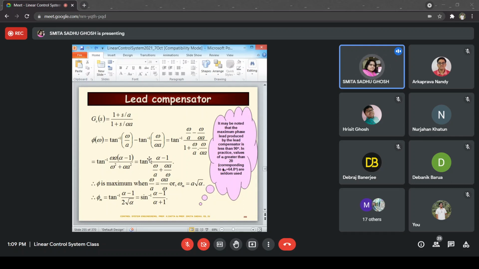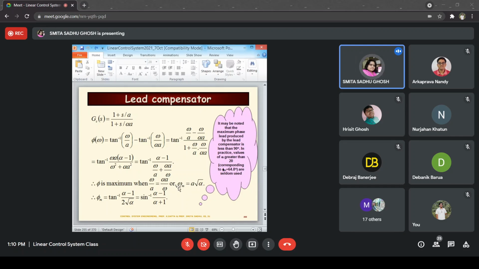So now you have to find out where the phase becomes maximum. What you do is, you have to take the derivative of this and equate it to 0, and that will give you the frequency. If you solve from there, it will give you the frequency at which the phase is maximum. You can work that out. I'm not showing the details of that portion of the working out, but please verify it. So the phase is maximum when, that is found out as omega by A is equal to alpha A by omega,